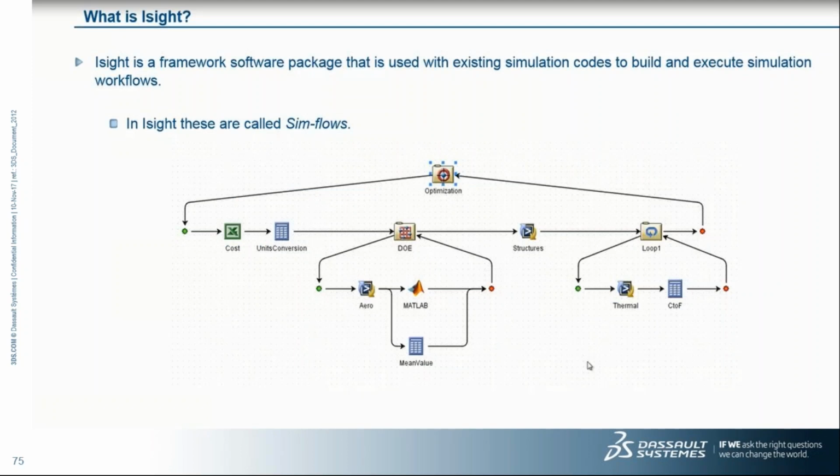I think there is some lag. I'll repeat the same. Isight is a framework software package which is used with the existing simulation codes and to build and execute the simulation workflow. The component you are seeing is the coat hanger like structure, wherein you can engage the multiple components,